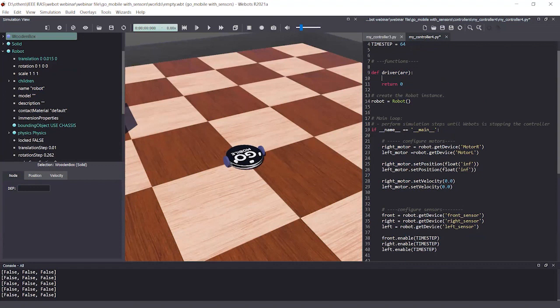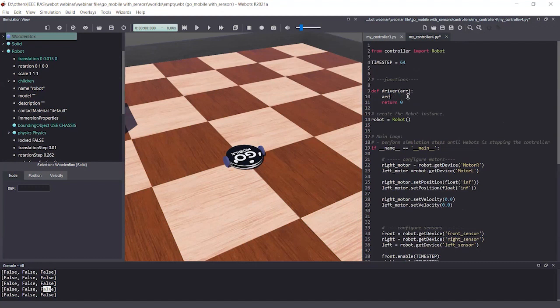If we talk about this array, the first element represents the left wall, this the front wall, and this the right wall. To call an element in Python, we can use this method. Our array name is arr. So if I press 0, this is the left hand.